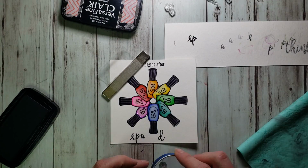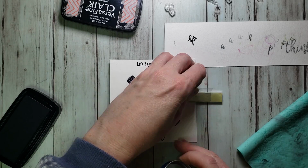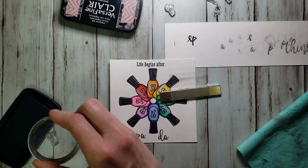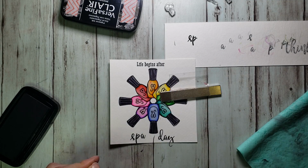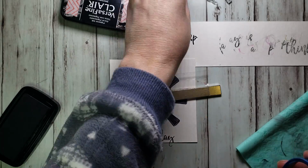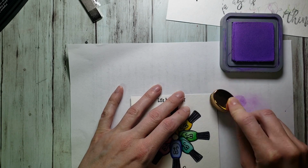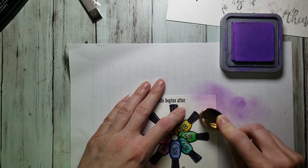But I didn't like the spacing on that. So what I would do differently, had I had all my tools, but I didn't because I was away on a work trip, I would have stamped this out on black cardstock and white heat embossed it and put the spa day. This way, if I made any goofs like I just did right there with the Y, and I got a big, huge glob of black ink go down the center there,